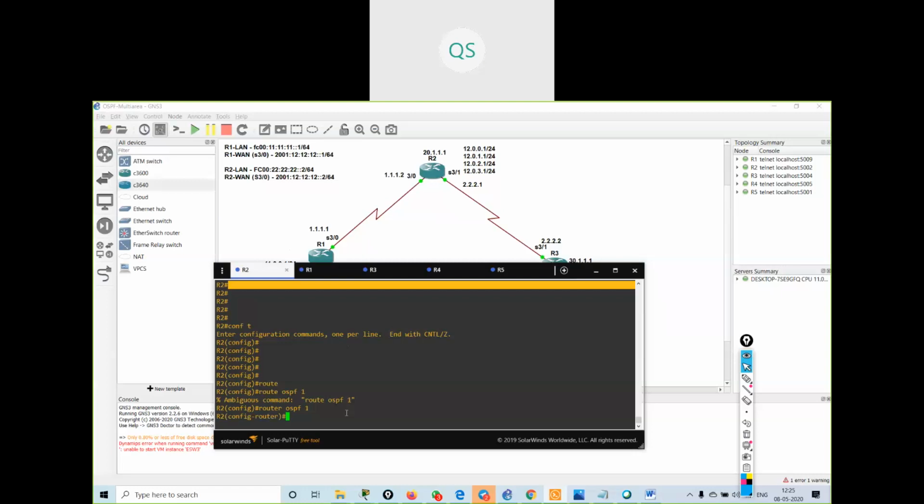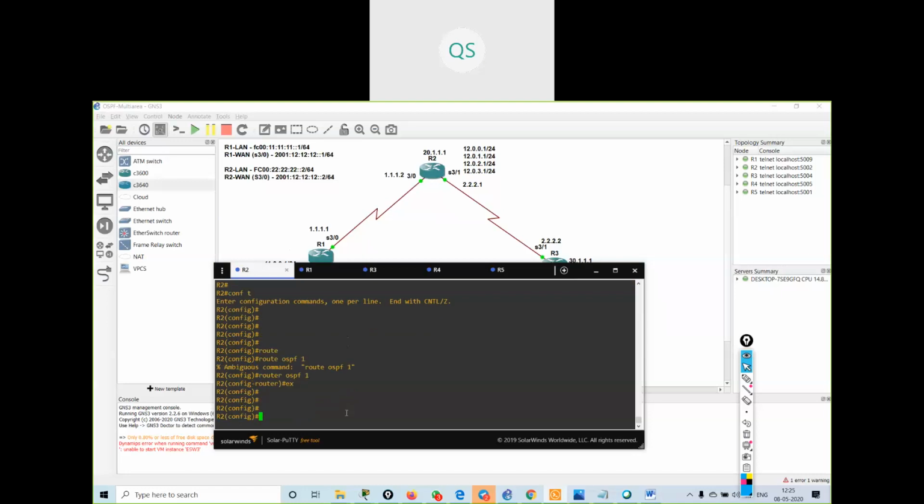Now I have to advertise the network, but the command here is different. I have to give the command ipv6 router ospf 1. Now I will be coming inside the router mode.